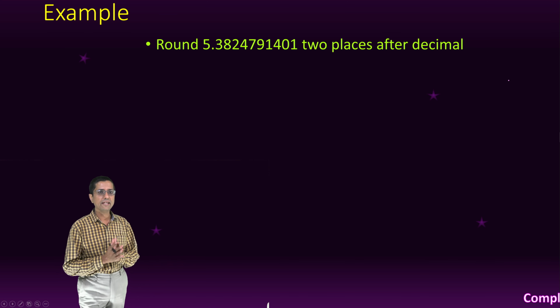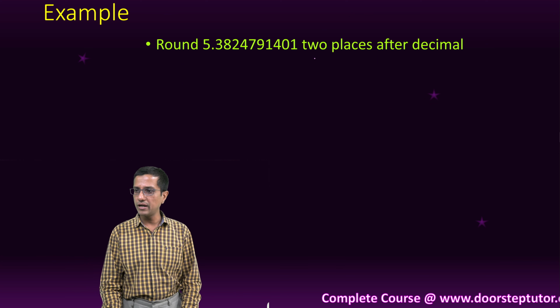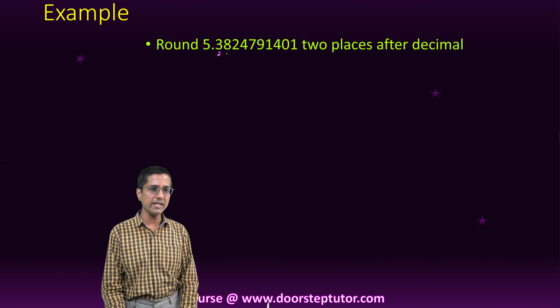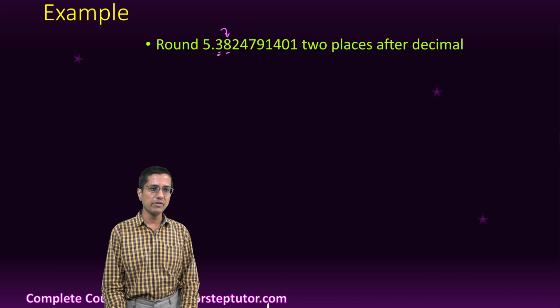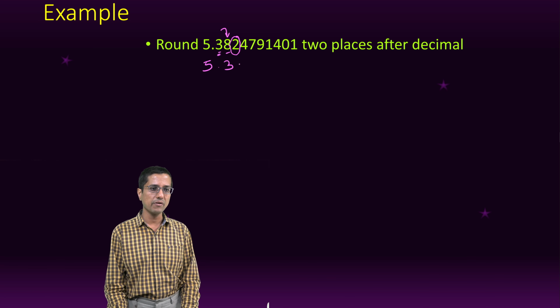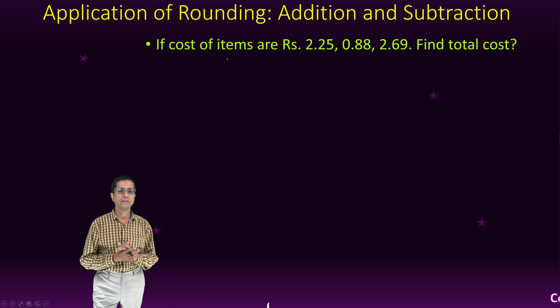Now here is a simple example, so let's just understand it. We want to round this number to 2 places after the decimal. So this is the first place and this is the second place. We look at the digit next to 8, that is 2. So we keep the number as is and my answer is 5.38. Okay, so now we are going to